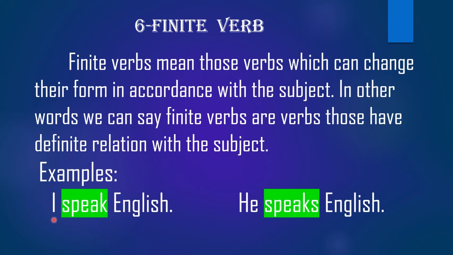First person singular. So, base form of the verb, and here the subject is third person singular, and as per the rule of our tenses, we have to add s or es with the verb if there is a third person singular subject। और ये जो verbs होते हैं जो as per the subject change होते हैं, those verbs are known as what? Finite verb।